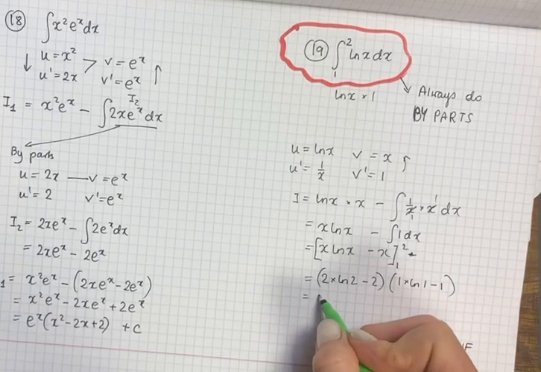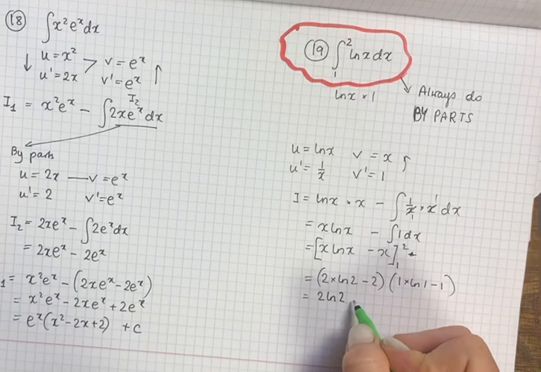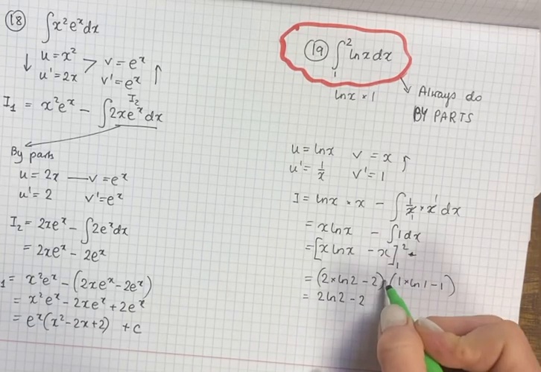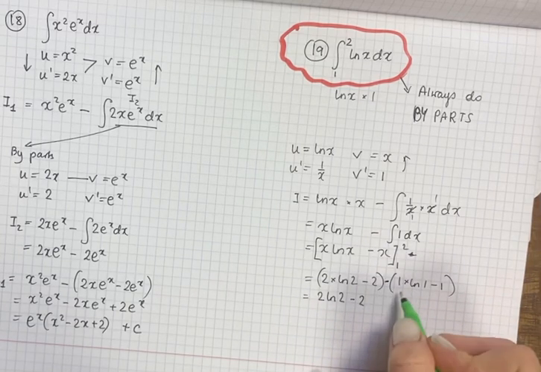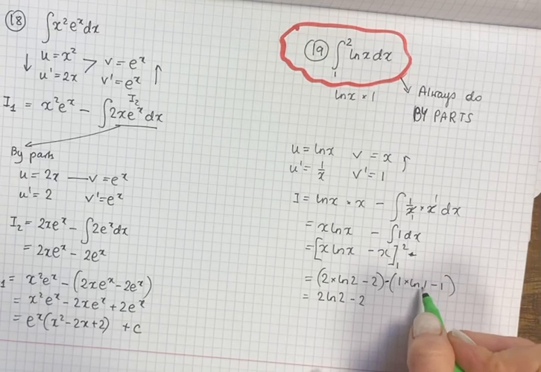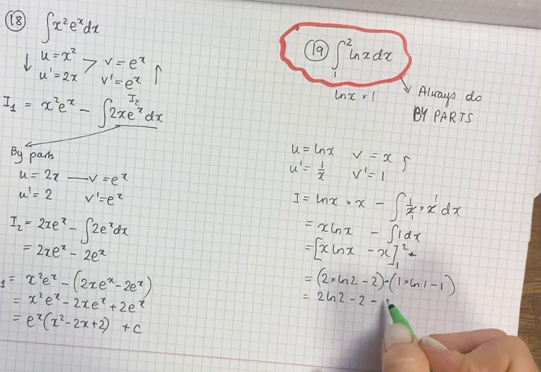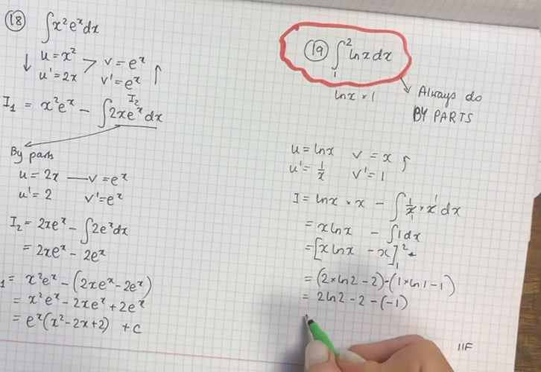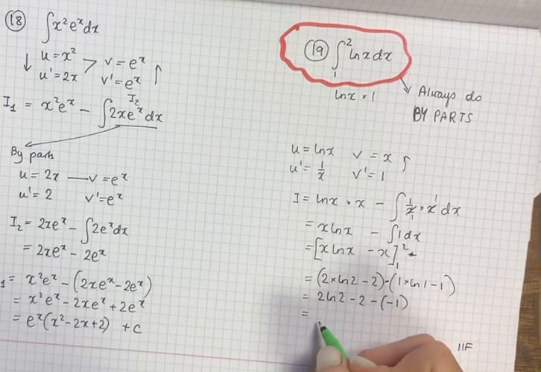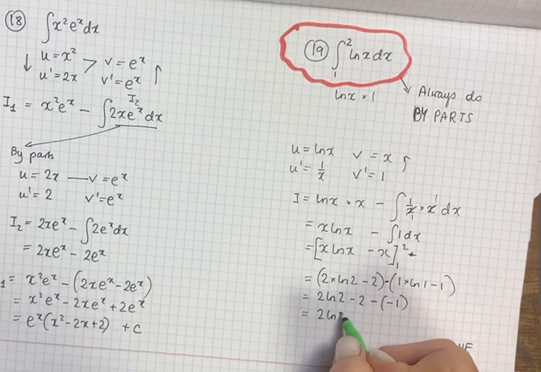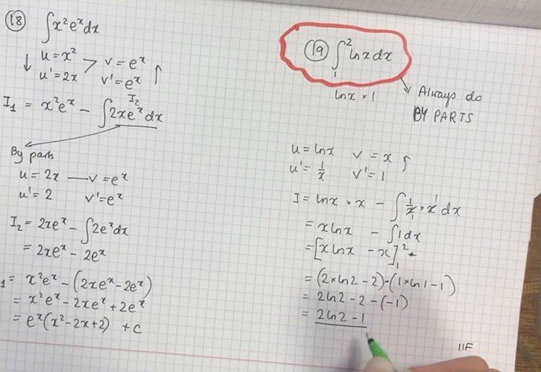So this is going to be 2 ln 2 minus 2. Take away 1 ln 1, which is 0 because ln 1 is 0. So it's minus 1. So it's minus 2 plus 1, which is minus 1. There you go. So now you can have a go at